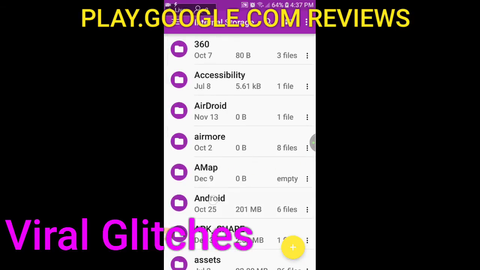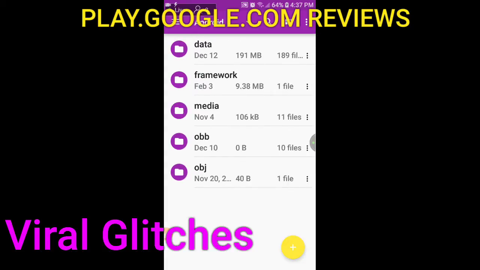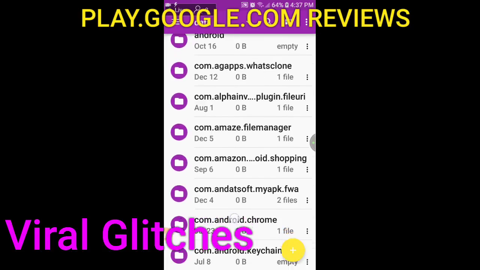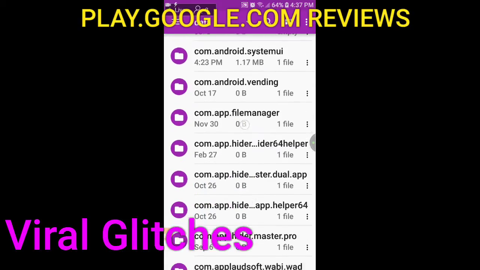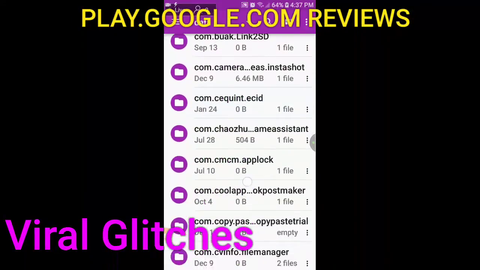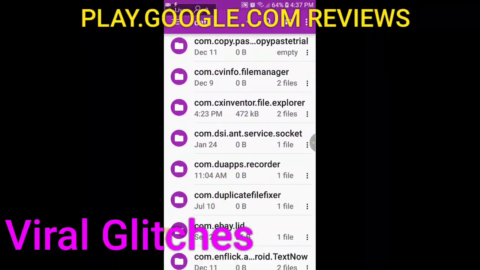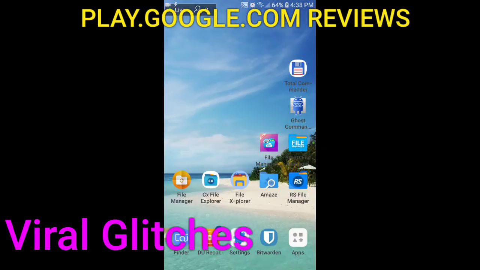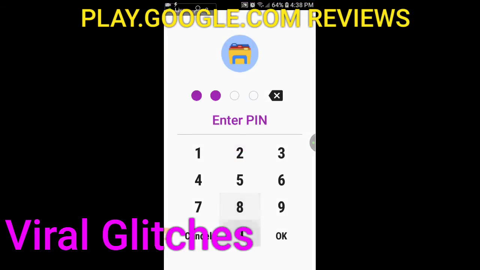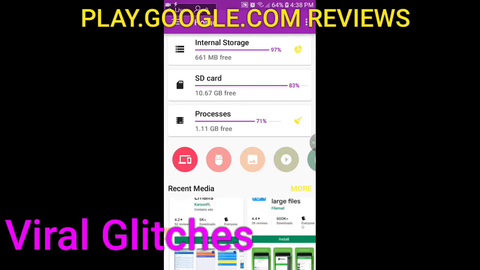If you're in your internal storage on your Android, some apps in the data folder store their information within their individual apps. Like I say, DU Apps is the COM folder for DU Recorder, and if you don't change it to SD card, it stores it in that folder in there. So I have it set to my SD card,